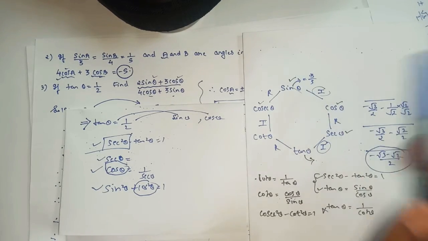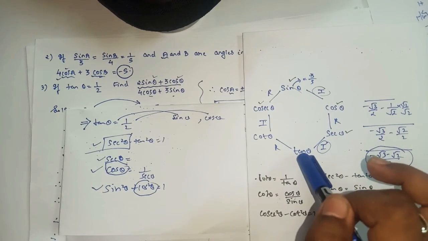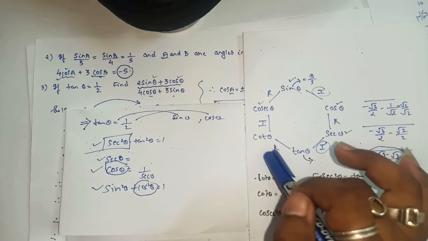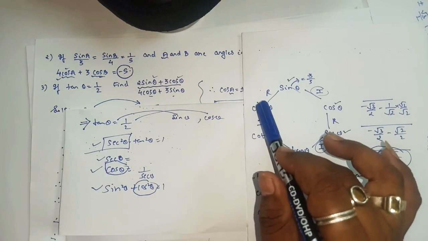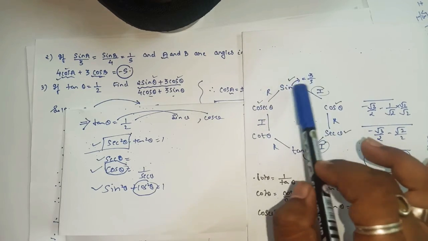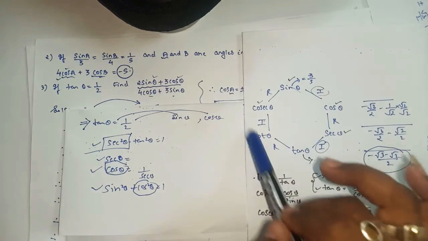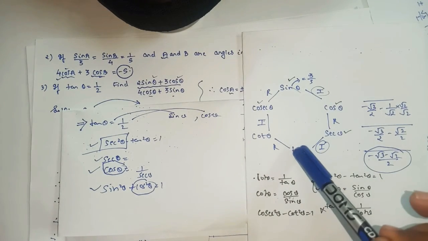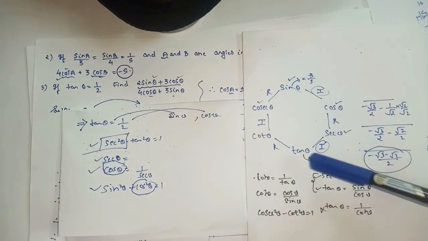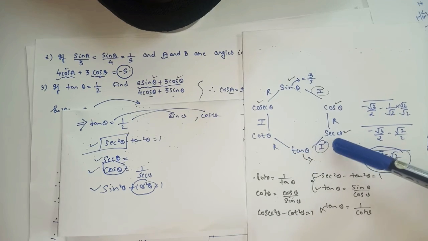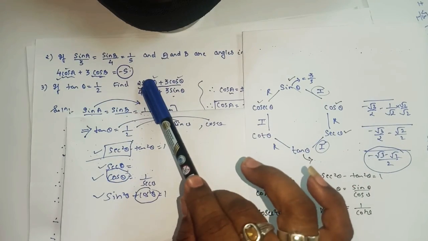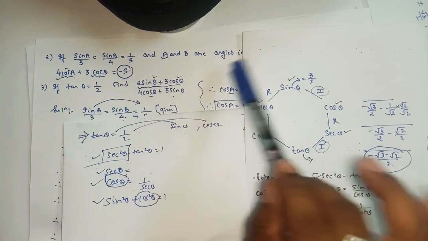Okay, from sine you can find cos. But when you move in this direction, from tan you have to find cot, from cot you have to find cosec, from cosec you have to find sine, and from sine you have to find cos. So it will take one more extra step. Okay, one more extra formula. But when you rotate in this direction, from tan you will get sec, from sec you will get cos, and from cos you will get sine. That's it. So after getting sine and cos, simply take this part, substitute the value of sine and cos, you will get your required answer.